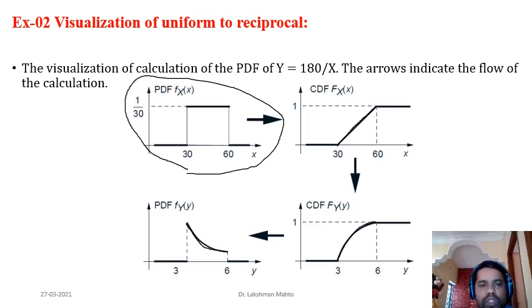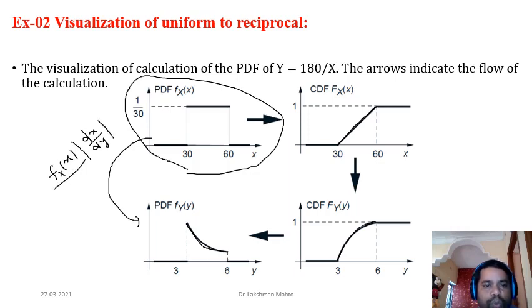But another direct approach is this: the PDF of x is already given. So multiply the PDF of x with what? With the Jacobian. Here the Jacobian would be dx by dy, because you are going from x space to y space. This we call the Jacobian of transformation. So multiply the PDF with the corresponding Jacobian, and directly you will get the PDF of y. It is a very short, the fastest way to calculate the PDF of a derived random variable. So I always suggest going for this approach.